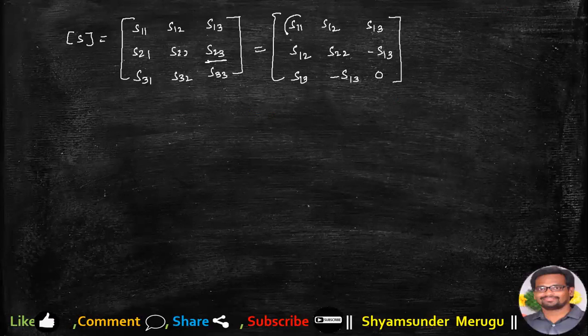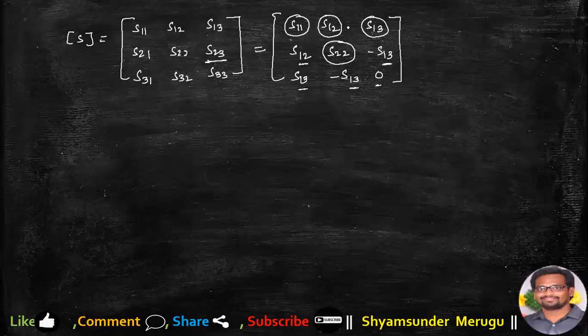If we observe the scattering parameters in the matrix, we will have S11, S12 and S13, here S13 and S12, and here also S13, and here we'll have S22, and this one is 0. So if you look, there are 4 unknown parameters. If we find these 4 unknown parameters and substitute their values within this S matrix, then that accomplishes our job of finding the S matrix for the given E-plane T. Now we will do that.